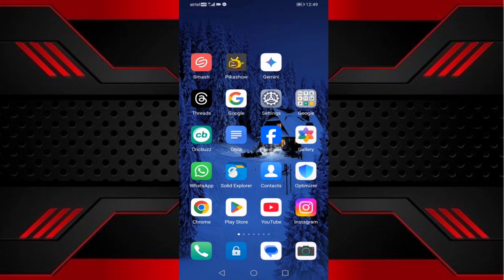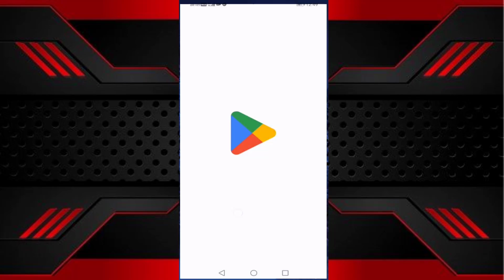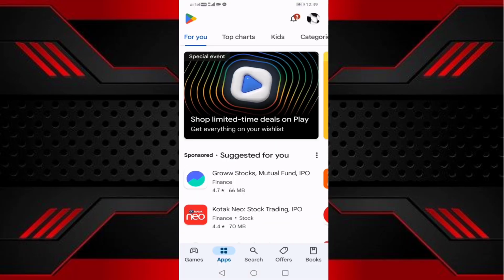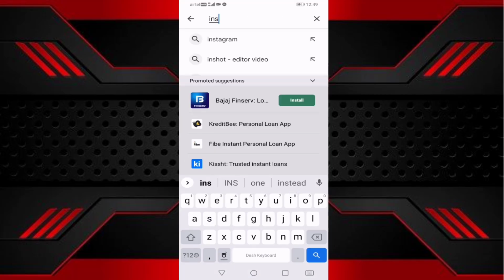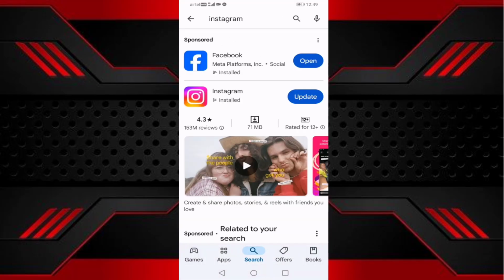Guys, if you are also facing this error, then I will show you how to fix this problem. First of all, update your Instagram. Open your Play Store, then search here Instagram. If your Instagram is not up to date, then update from here. After updating, go back,